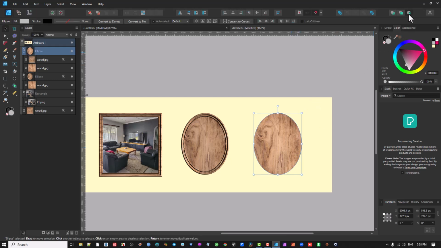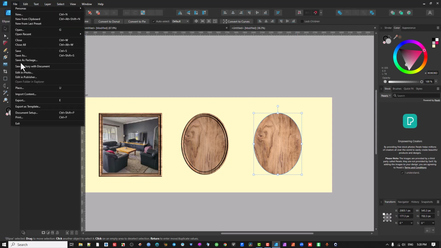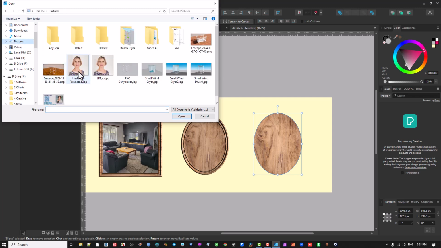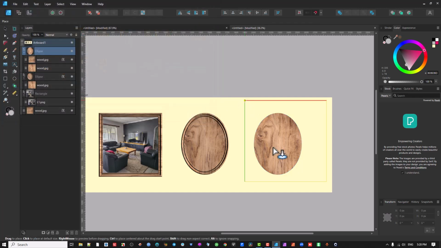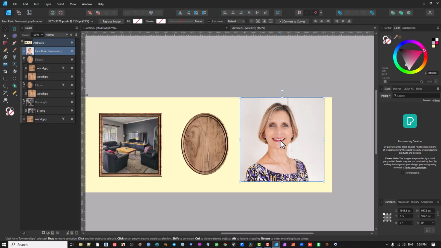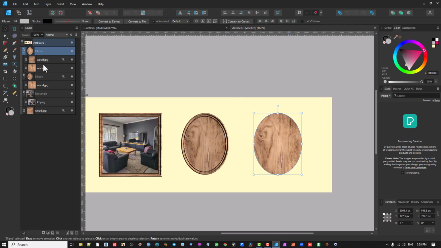Click there, to insert in selection, then paste. Place it in. Let me go to the pictures, and there we go. Okay, it didn't do it that time. Maybe I should just do it the other way. I'm going to press Control X, and in the ellipse I'm going to click there, Control V. Okay,